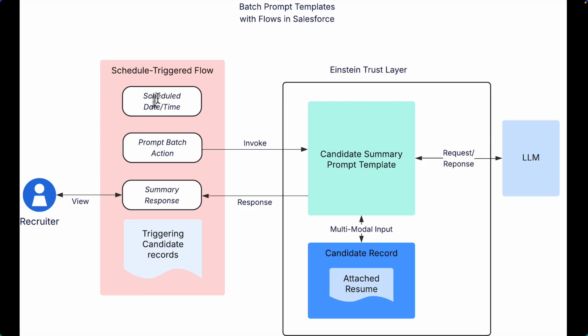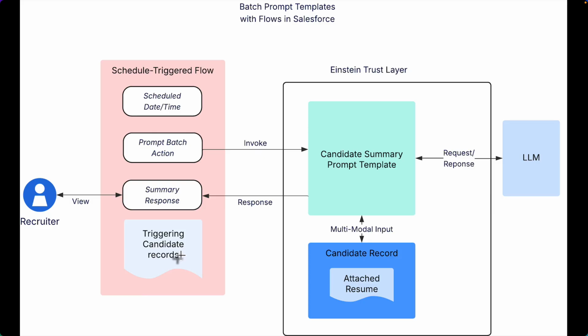In my use case, it's a recruiter use case where they want to generate candidate AI summaries on candidate records. Doing this manually takes a lot of time, so you can automate it at scale using prompt templates to run in a batch fashion. So our flow will check for all the candidate records that satisfy criteria where their summary